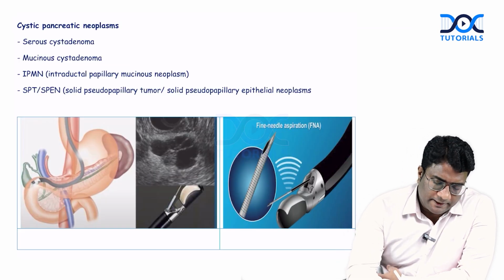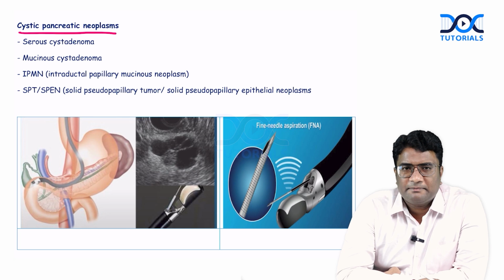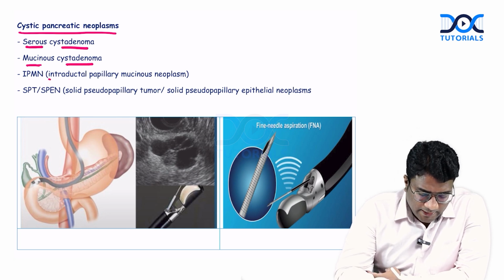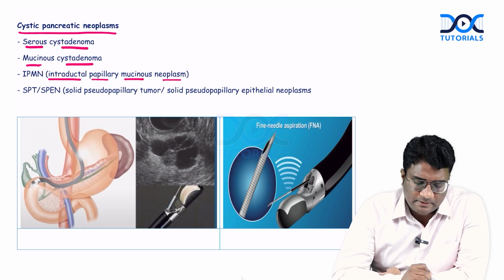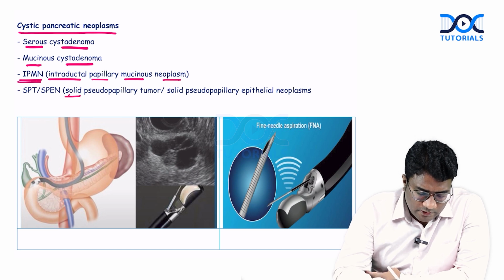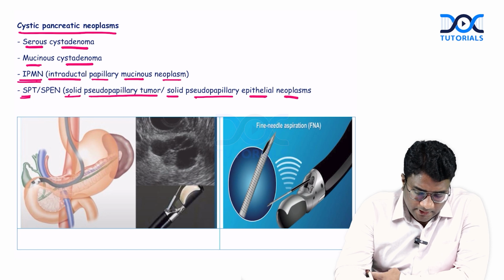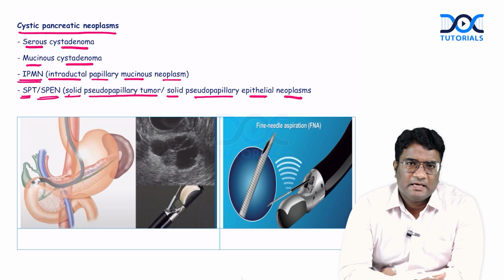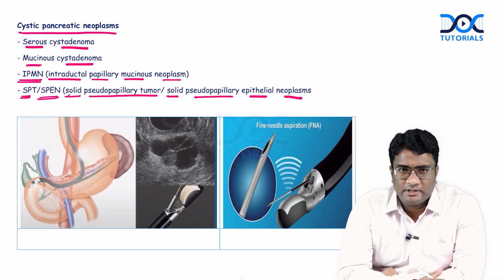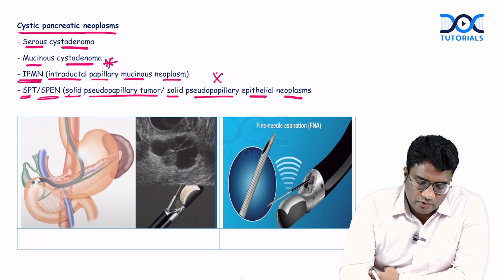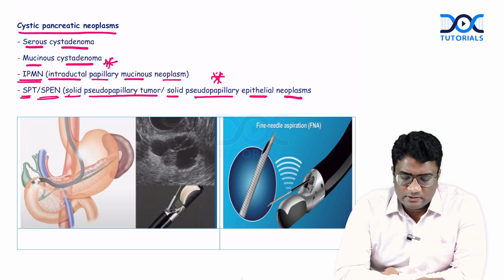Coming to cystic pancreatic neoplasms. The cystic pancreatic neoplasms can be serous cystadenoma, mucinous cystadenoma, intraductal papillary mucinous neoplasm, IPMN, or solid pseudopapillary tumor called SPT, or solid pseudopapillary epithelial neoplasm called SPEN. So, these are the 4 types of cystic lesions in the pancreas. So, let us look at each one of them,